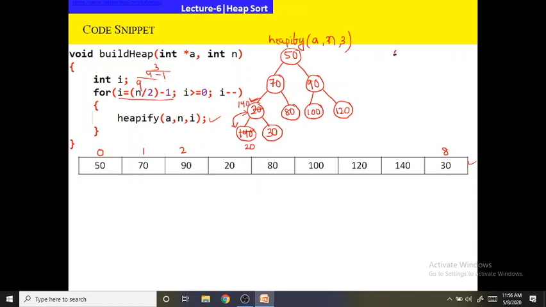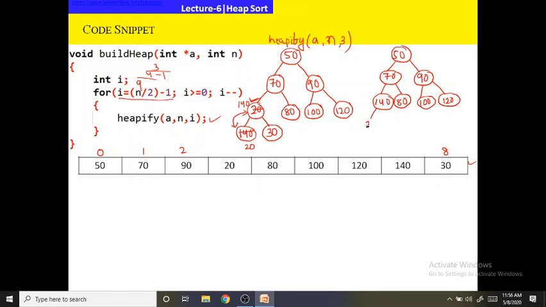Now let me draw the tree again. 50, 70, 90, 150, 80, 100, 120.